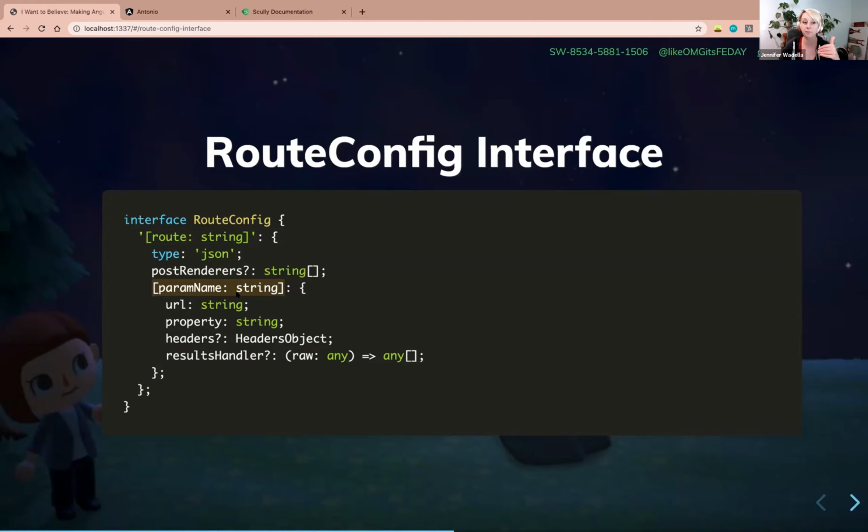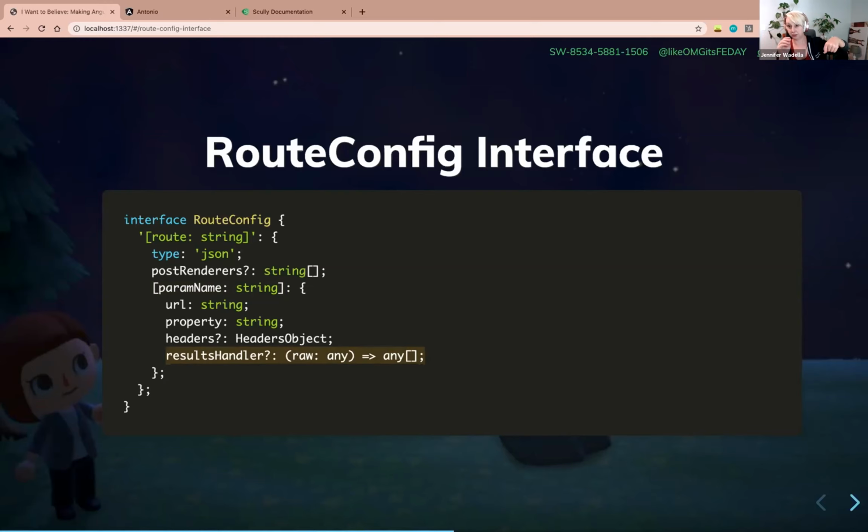So what we can do is hit that API via Scully, and we can get back that list of villagers, and then we can return anything we want there. So what this is going to do is when Scully looks at our route, it's going to hit that villager/:id route, and it's going to say, okay, hold on. Then we're going to execute this function that's going to go make an API request to whatever URL we pass.